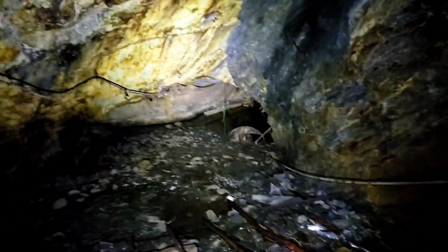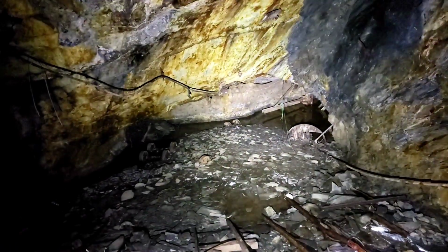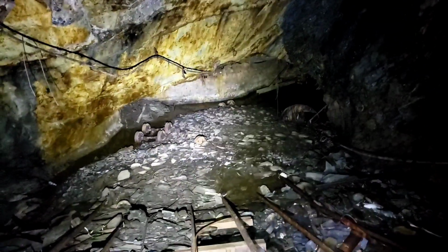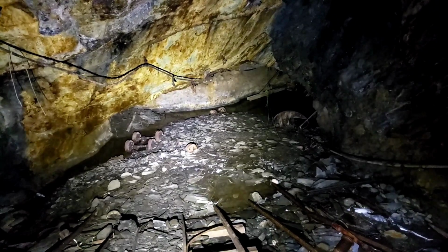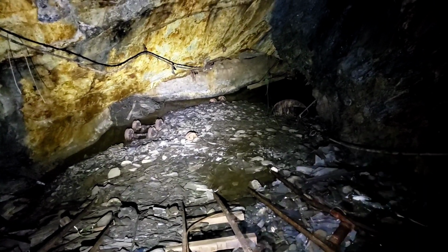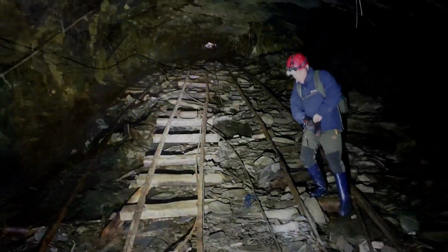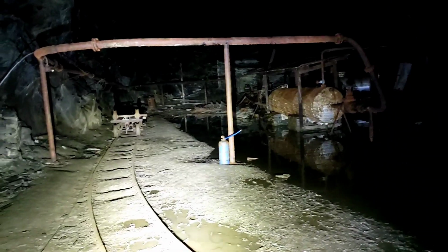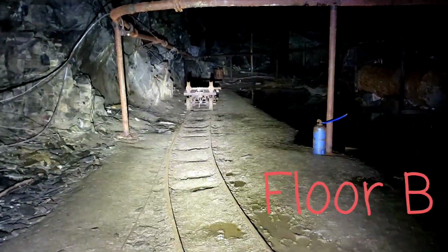So now we're going to go down and turn right and try and trace another internal incline. This mine is amazing that way, it has all this internal structure, probably kilometers and kilometers of tunnels, internal inclines, manways, steps, and we're going to try and find quite a lot of them. You can just about see daylight at the end. That's where we've come from. We're going to start in the compressed air chamber. There's another slab cart,